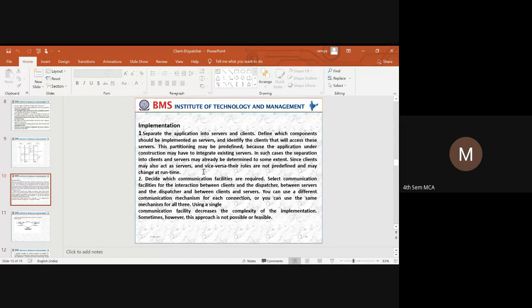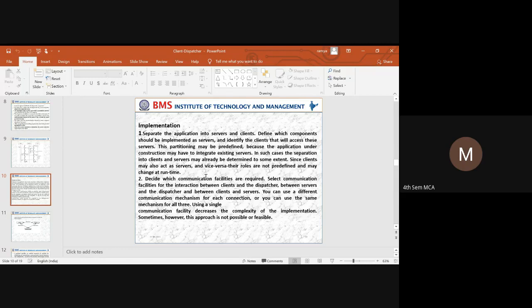So we need to select the communication facility for the interaction between the client, server and the dispatcher. We can create different communication mechanisms, or we can use the same communication mechanism between all of them for providing communication facilities.